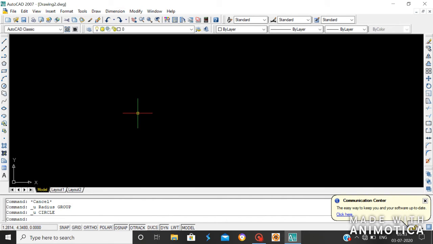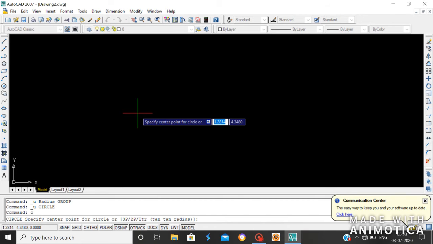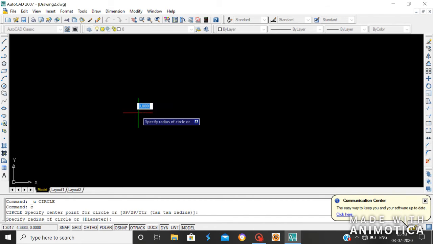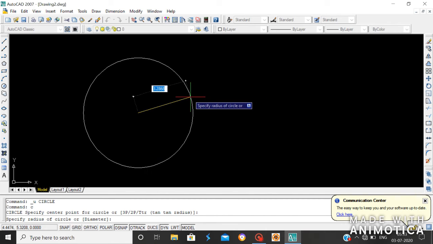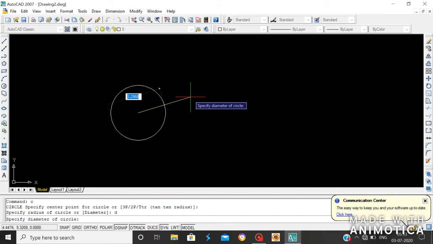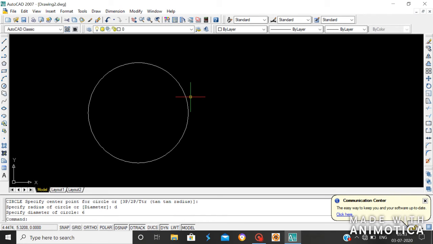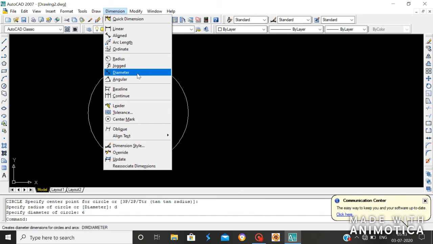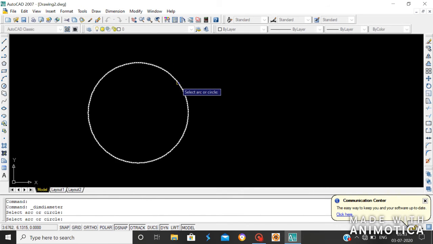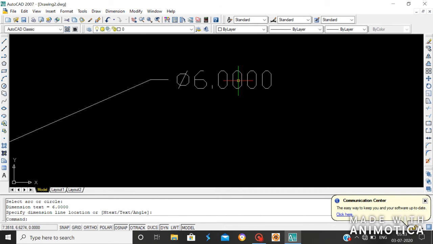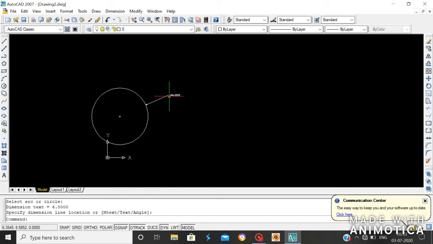Then press C, enter, specify the center point, and press D, enter, and input the diameter, which is here, for example, 6 mm. Press 6 and then enter. Let's check the dimension. Here you can see the diameter is 6 mm.